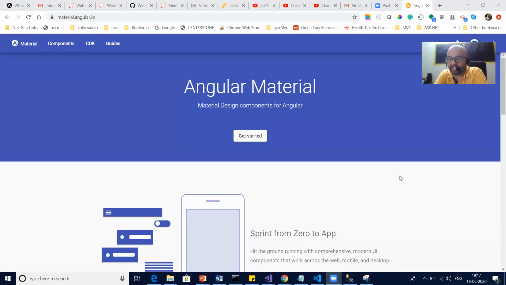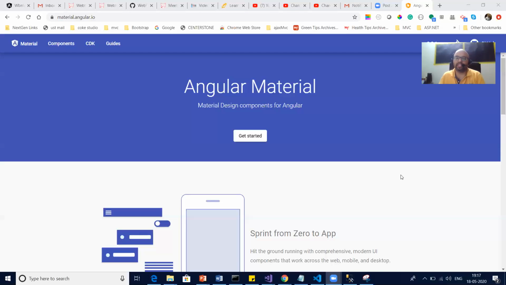So in this section of today's session, we are going to see how Angular Material basically works with Angular. What is Angular Material? First of all, we'll see how it is helpful to an Angular project and why we should be using it. So it should be what, why, and how. What is Angular Material, why we should be using it, and then finally how we should be using it.